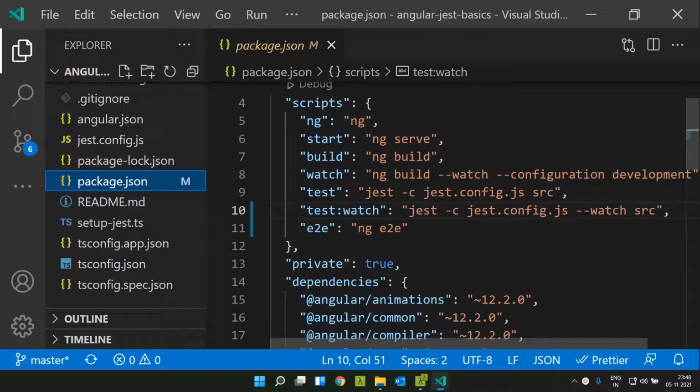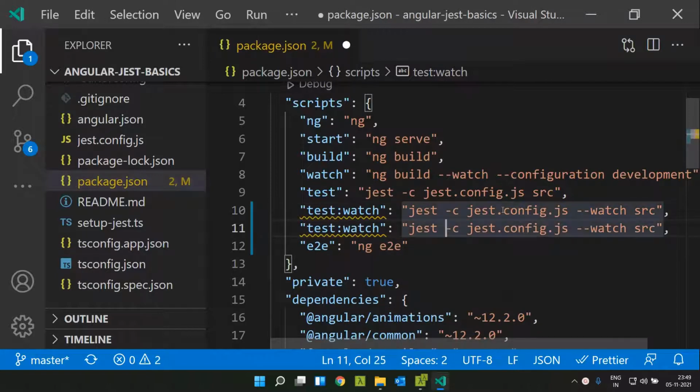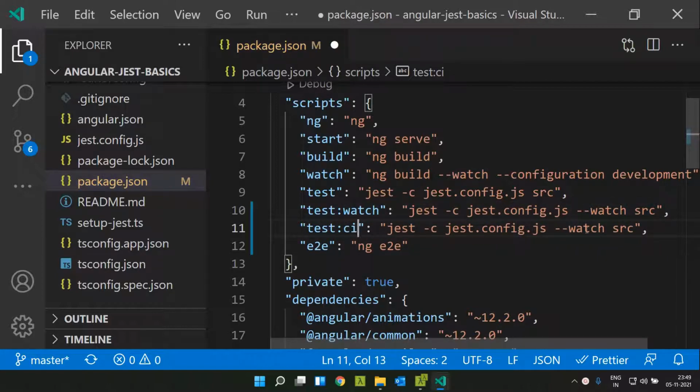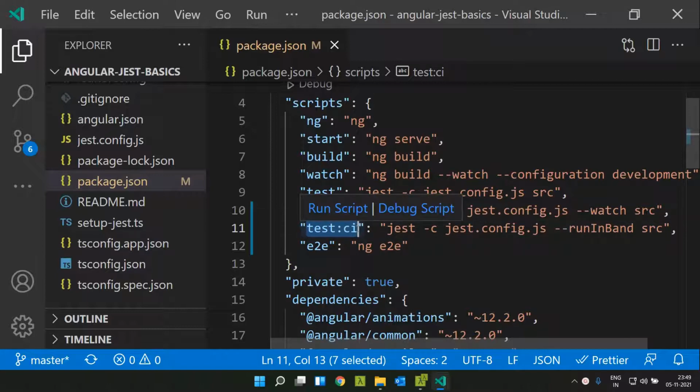When we run our test cases using Jest, you saw that the test cases are actually run in parallel. But in case we are doing this in our build server or a CI process, the build server may not be able to run all this parallelly. So it is always better to run the test cases serially. For that, we can pass the run in band option. This particular command we can make use of in our CI/CD process, and there it will be executing the tests one by one, and it will be executing much faster than making use of multiple threads.